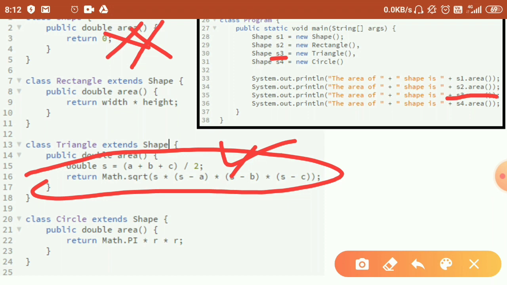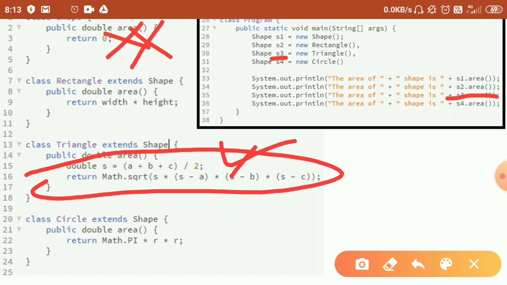Recall the definition of polymorphism: when the same object can behave differently. When I as a person am in the classroom, I will do the role of a teacher, but when I am with my friend, I will be playing the role of a friend.